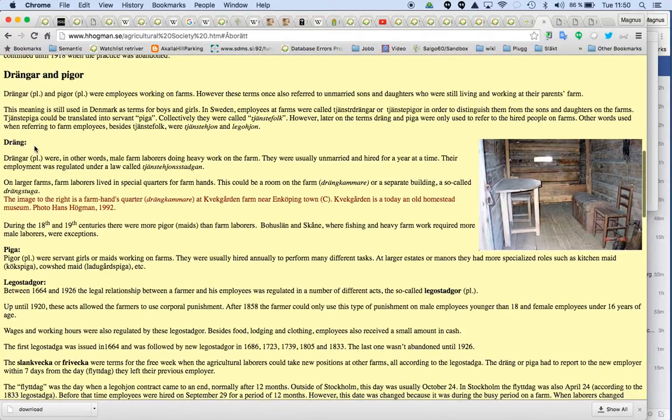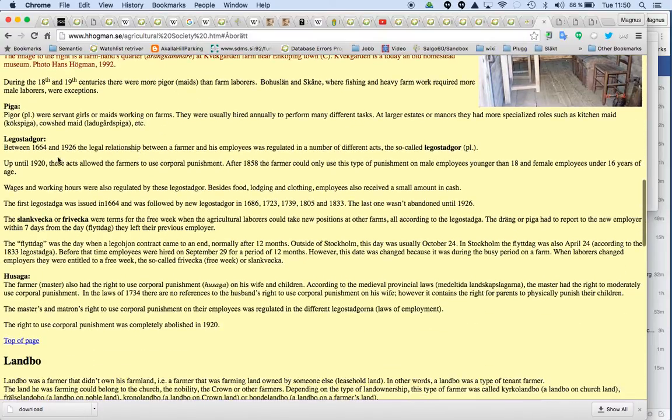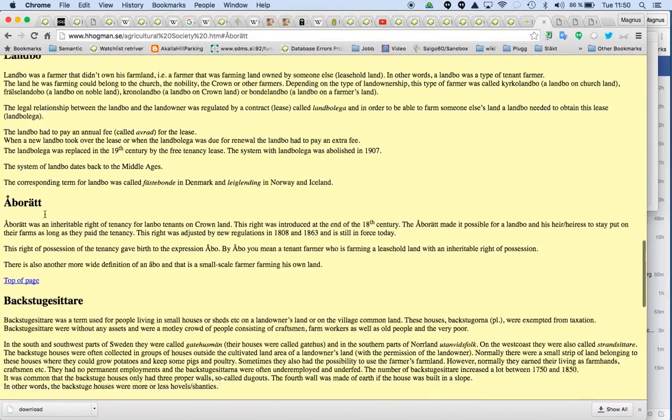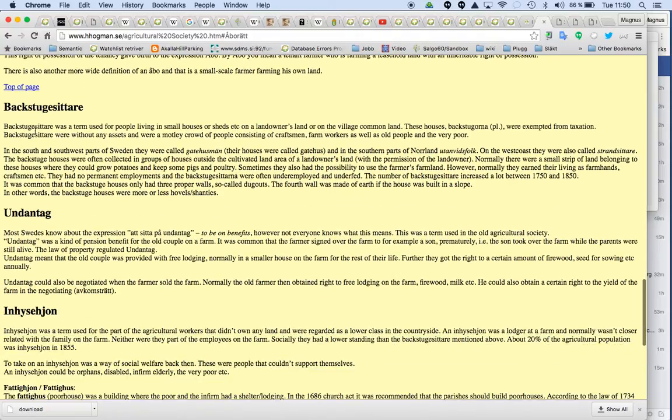Dräng, piga is lower people. They just help the farmers. And then you get your own land. You are torpare, and then you are åbo. And backstugesitta, then you had a house